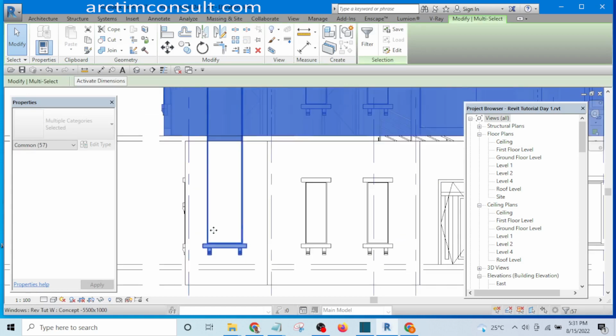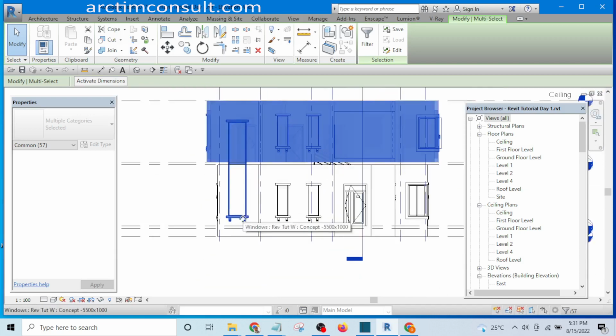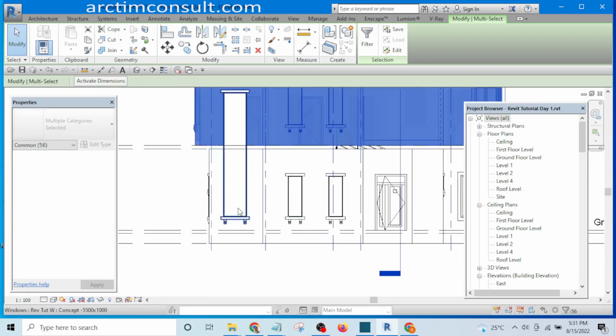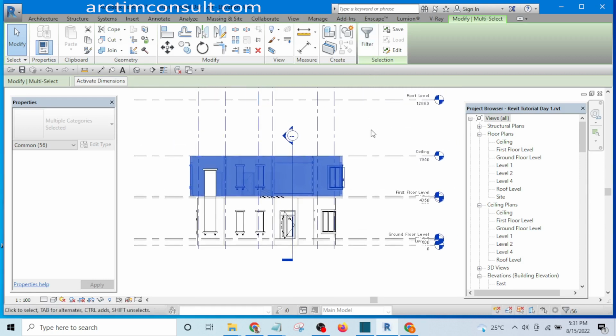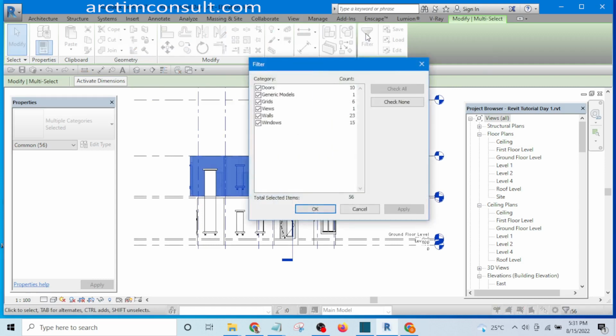and to unselect this particular one, I'm going to hold on shift and click it, so that I will deselect this particular one. Now all the windows on the first floor have been selected alongside with wall. So to deselect the wall, I'm going to click on filter